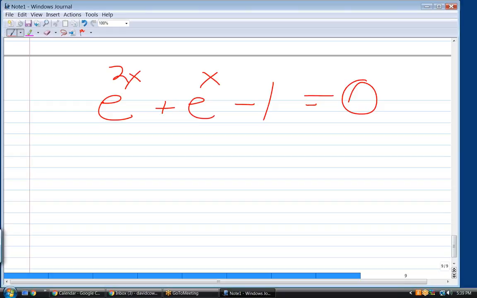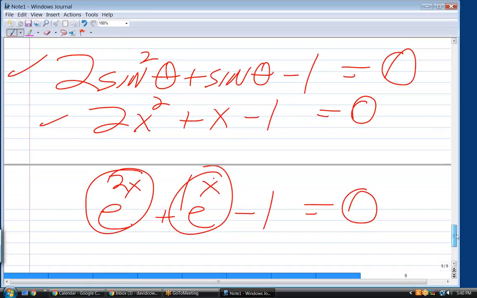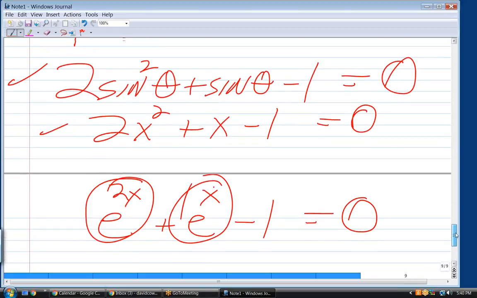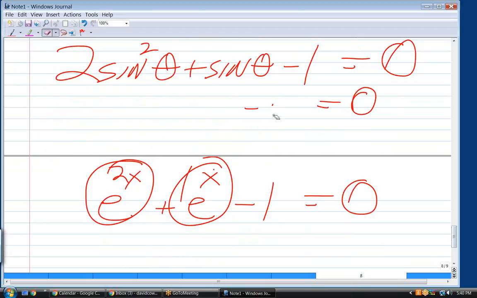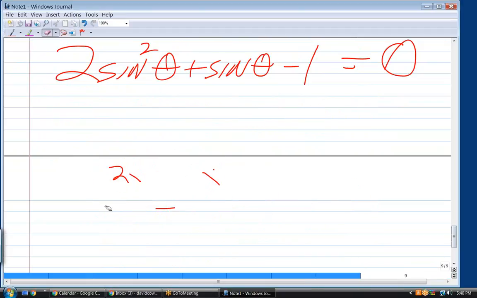That is a quadratic in e to the x. The only thing you need for something to be a quadratic is if this term is the square of that. And notice e to the 2x is e to the x squared, just like sine squared theta is sine theta squared. So I could actually go through here and use substitution. In other words, I could say, well, let's let